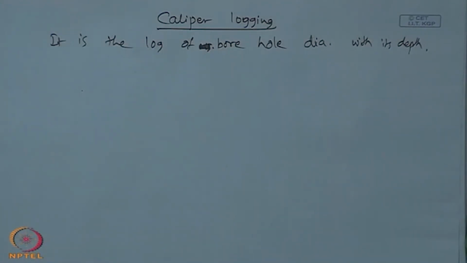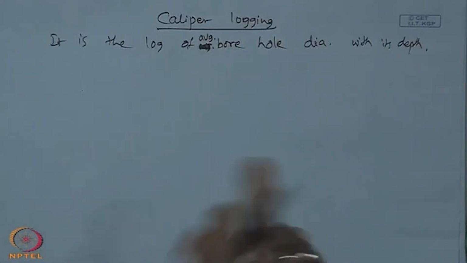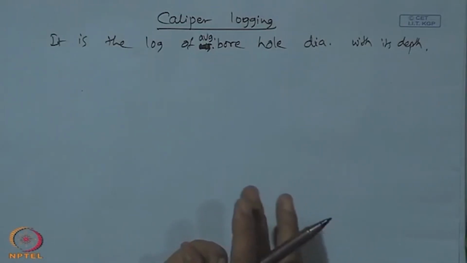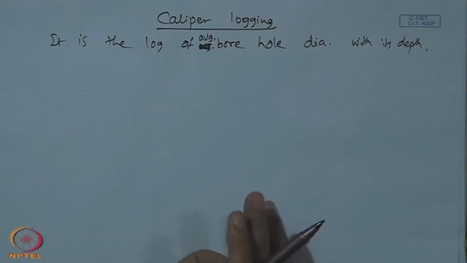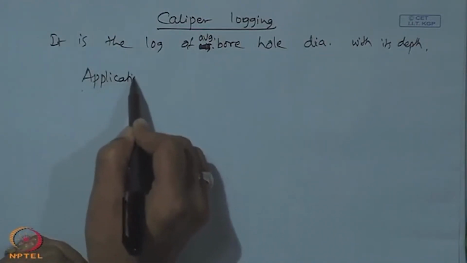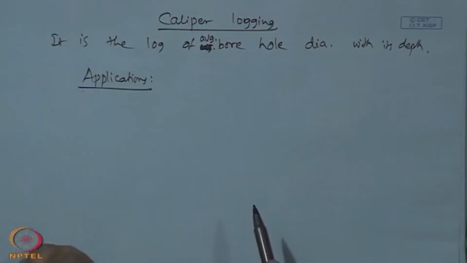This is taken as the average borehole diameter, because at a particular location the borehole may have varying diameters, it may not be a perfect circle. The applications of this caliper logging are